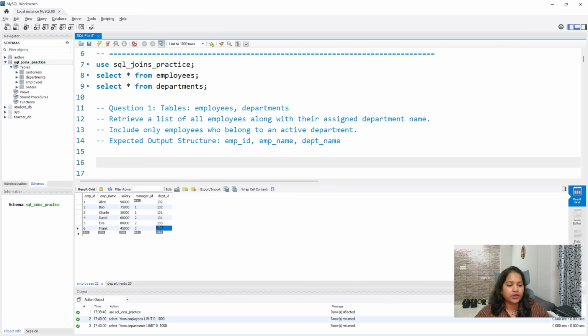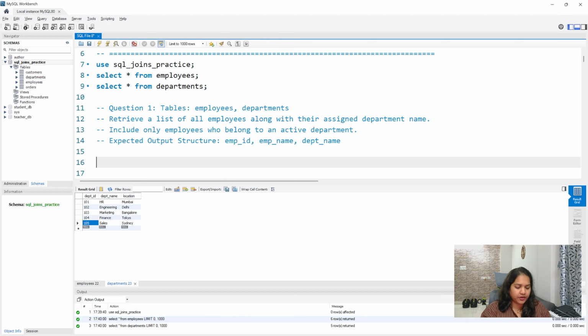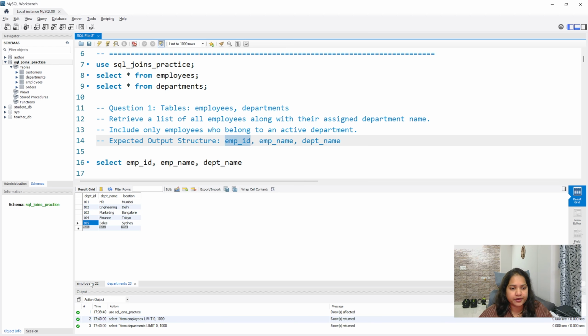Now the importance that we are giving is for the employees' names, employee ID and employee name. Department name is something that we are adding to them. So to do an inner join, first write the select statement as usual. Then take all of the columns that they are asking. The columns are employee underscore ID, which is this one, employee name, which is this one, and the department underscore name, which is this column.